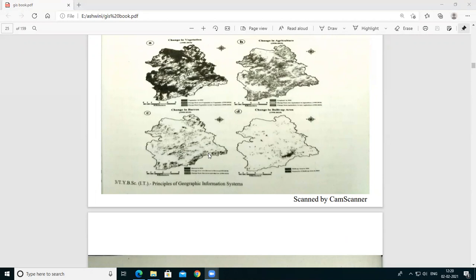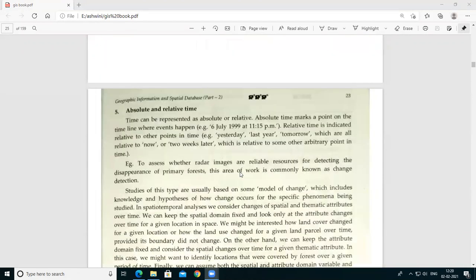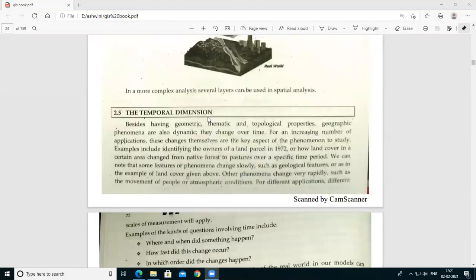In this lecture, I'm going to teach you the last point from the unit first, which is temporal dimension, and one of the practicals, which is 1D. That means in one practical's D part, which is small. So that's why I'm taking this last point and practical number 1. Okay, so just see this point first, and after that I'm going to show you the practical which comes under practical number 1.